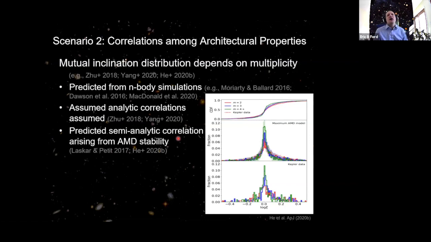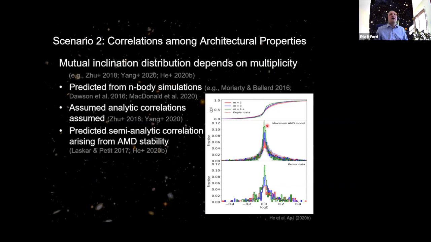And so what we can do here is look at either the cumulative or here the histograms of this model, and you can see that the 2 planet systems in red here have a relatively broad peak, whereas the 4 and more planet systems observed have a sharper peak near the middle, where the ratio of the durations is closer to what you would expect if the planets were nearly circular and coplanar.